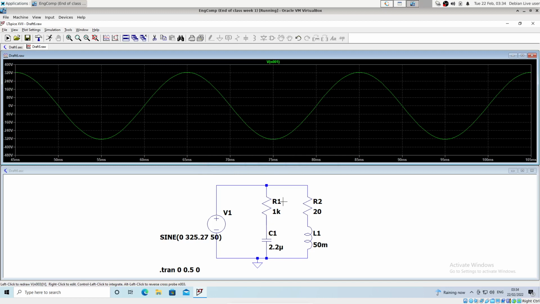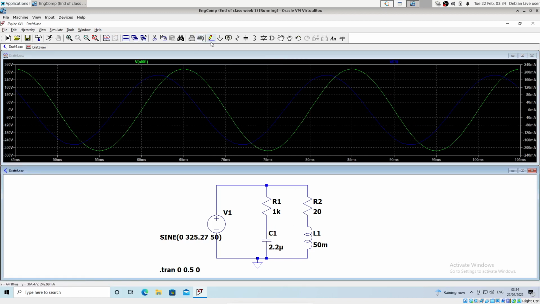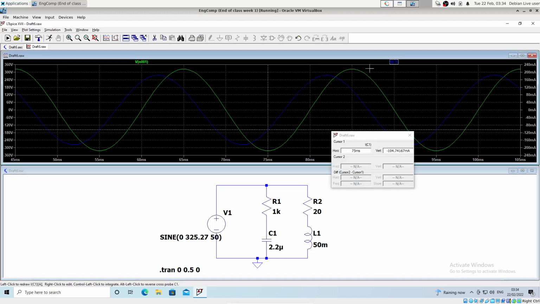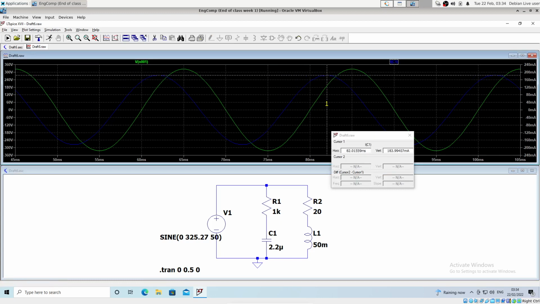So now let's display the capacitor current. So I click down in the schematic pane down here, then I just hover over the capacitor and click on it to display that waveform. And you can see it's the one displayed in blue here. So it's leading slightly ahead of the supply voltage waveform, and I'm interested in measuring what's the peak value here. So I'll just drag the cursor over to the peak of the current waveform, and you can see that its peak is at about,